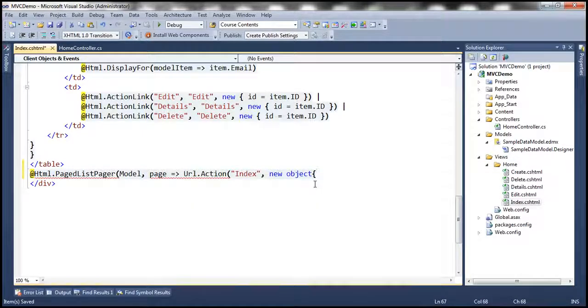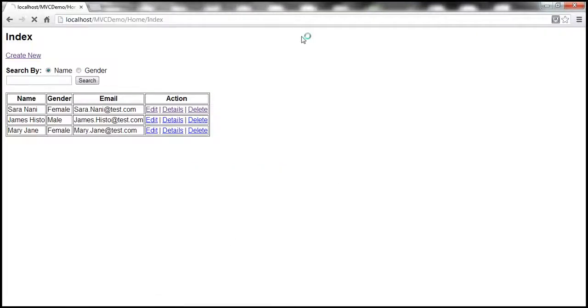So new, and I'm going to pass the page parameter to that. Alright, so let's close this, save everything, and let's navigate to this view